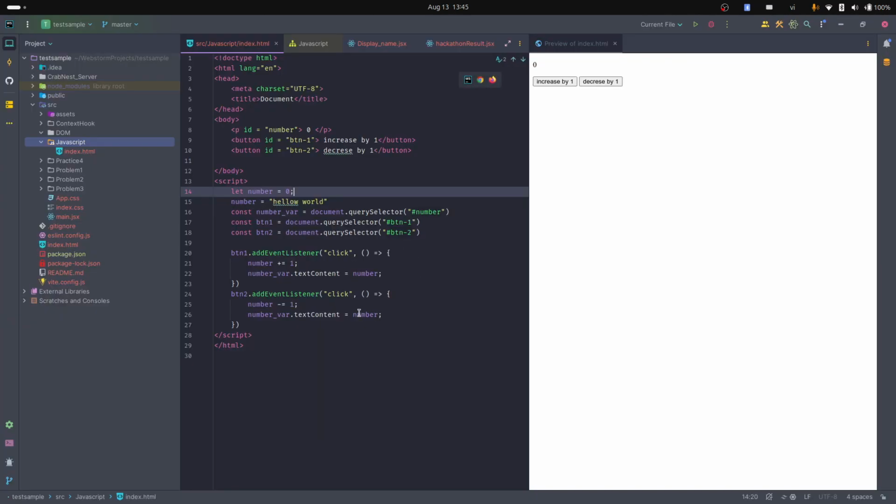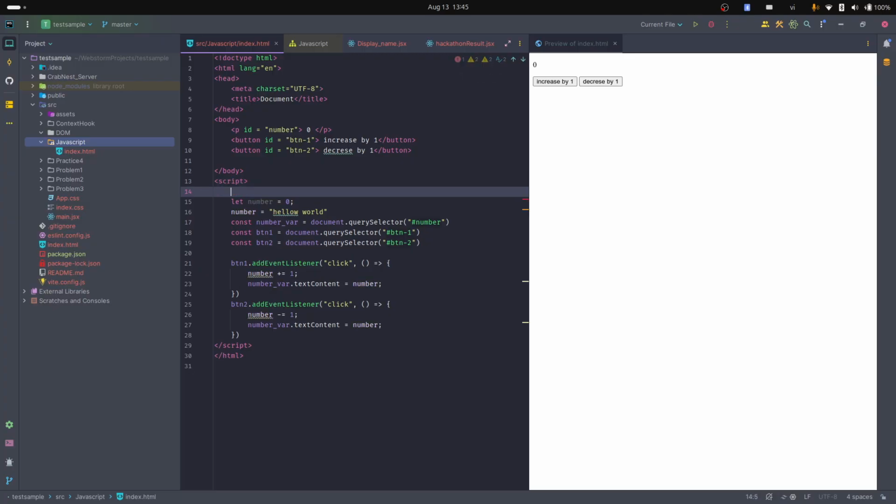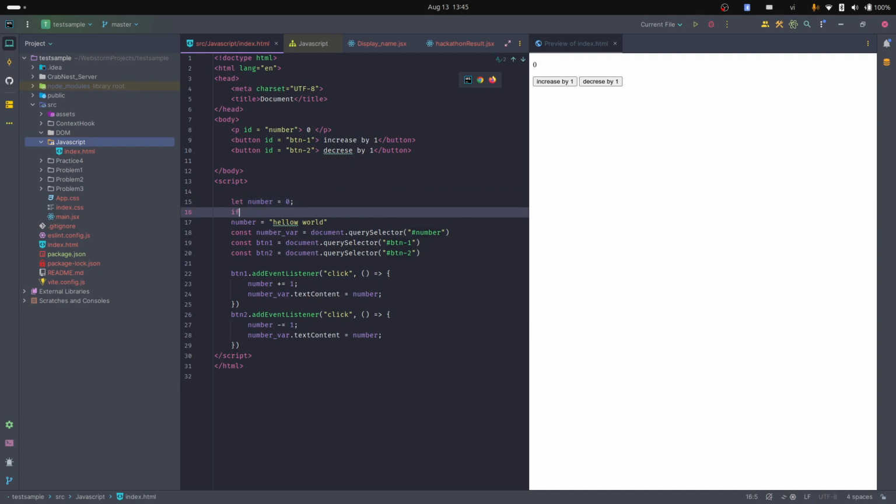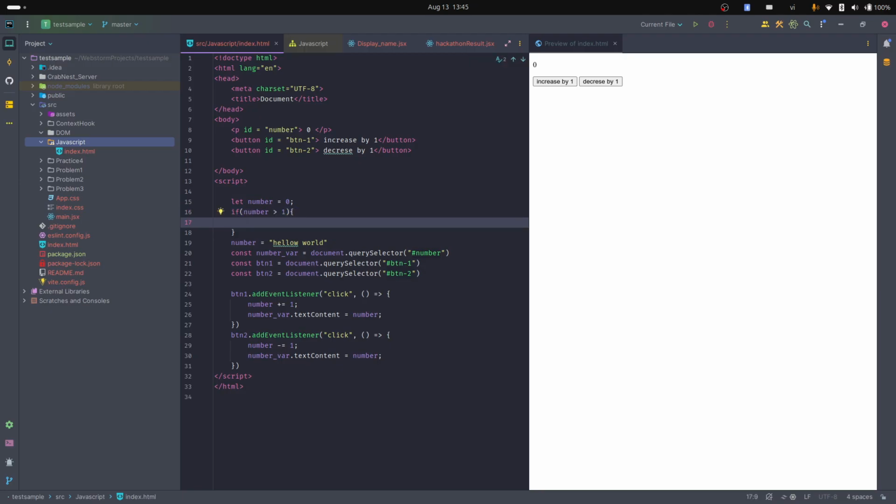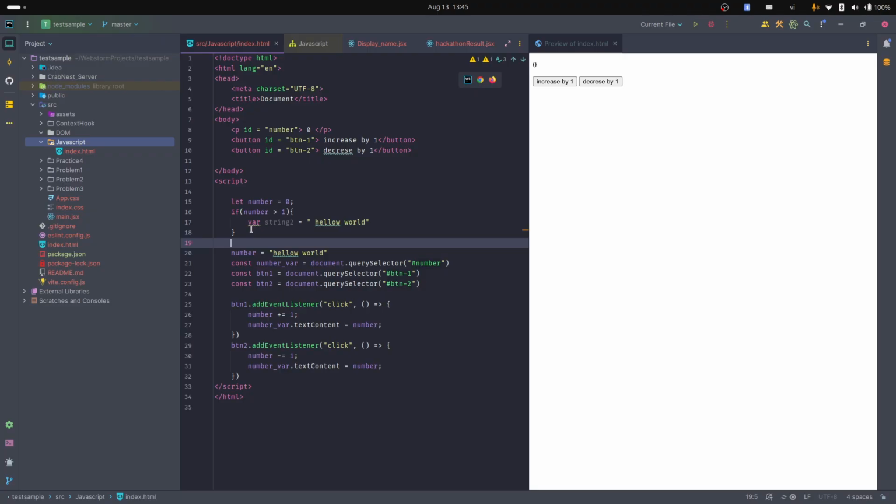So I'm going to take an example: if number is greater than 1, I'm going to create a new variable. Right now I'm going to create it as a var, the string true, and then I display hello world. For example, there is no semantic, but I just display it to demonstrate. And right now you see this variable belongs to this scope, but I can access it by using